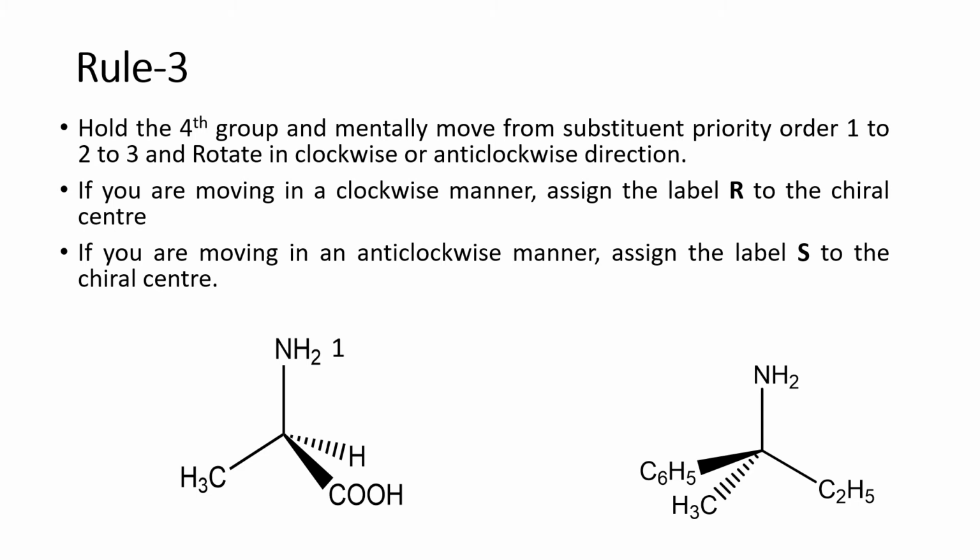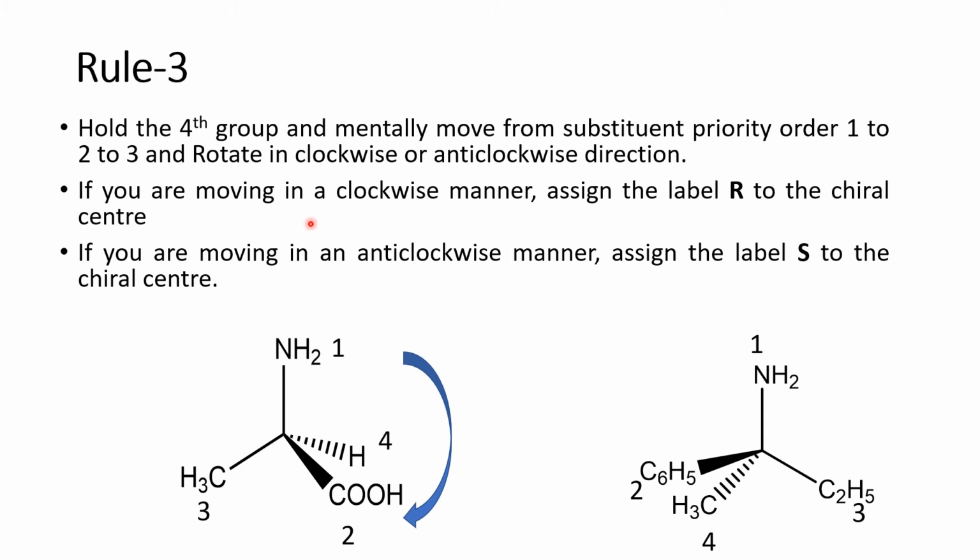So this is 1, this is the fourth one. We are holding this fourth one and assigning the numbers for these molecules. So we can see that the two molecules are assigned. Now we are moving from 1 to 2, 2 to 3. By holding the fourth priority order group, we are moving this priority order number from 1 to 2, 2 to 3. If we move this from 1 to 2 and 3 in the clockwise direction,